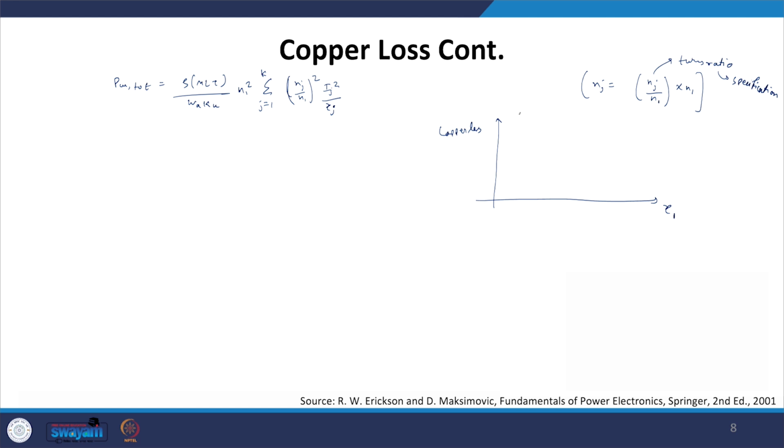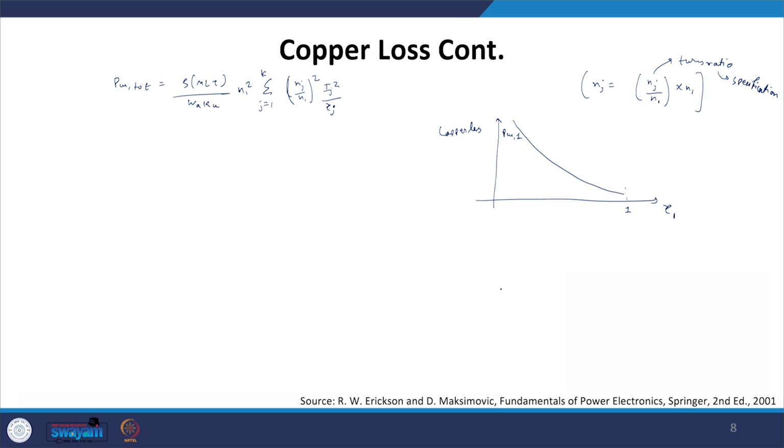So, we can say that the copper loss for winding 1, that means PCU1, is very large, and the moment gamma reaches 1, this copper loss becomes smaller, because gamma 1 equal to 1 indicates that the entire window area is allotted to winding 1. That means we can now use a thicker conductor, the area of cross section of the wire increases, and the copper loss reduces, because the value of DC resistance reduces. So PCU1 with respect to gamma 1 varies like this.